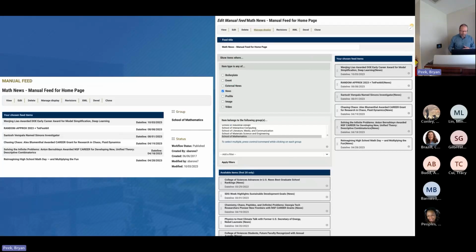And then there's manual feeds. Manual feeds at first blush look fairly similar. You have a list of filters, but they're not producing the feed, they're producing content that is then available to be added to the feed, one item at a time. The use case for this is if you are running a website and you have a given group with a bunch of content, but there's just this one thing from some other group that you want on your site, you create a manual feed and you can add things that way.